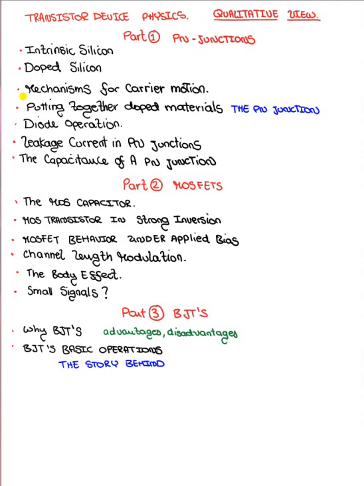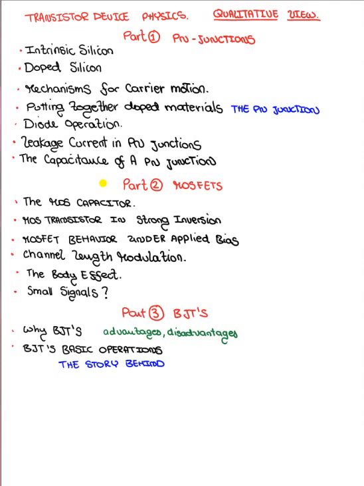Then we're going to be talking about what happens when we put an N-type material and a P-type material together. Then we're going to see how that turns out to be a diode, the one that we use in our experiments. Then we're going to talk about the non-idealities of the diode, such as the leakage current. Then we're going to finally look at the effects that happen in a PN junction, such as capacitance, and that's going to be the last part of that section, which is going to be the capacitance of